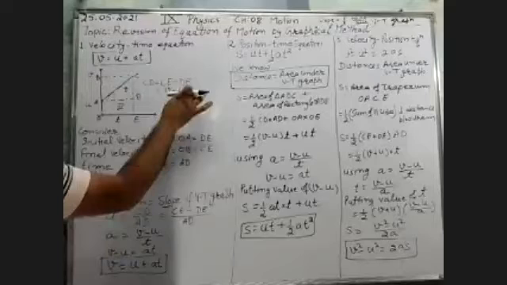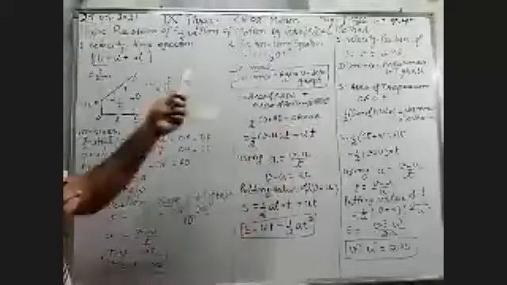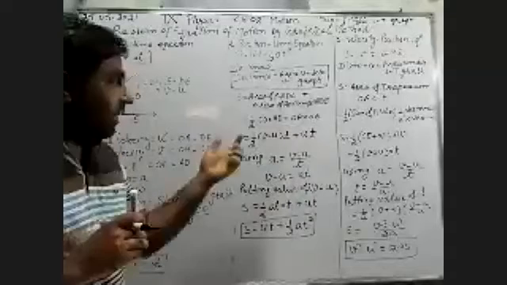What about OA? OA is initial velocity U. So put OA is equal to U. What is OE? OE is equal to time T. So we put all these values from this diagram. This is an important diagram. Okay. Now